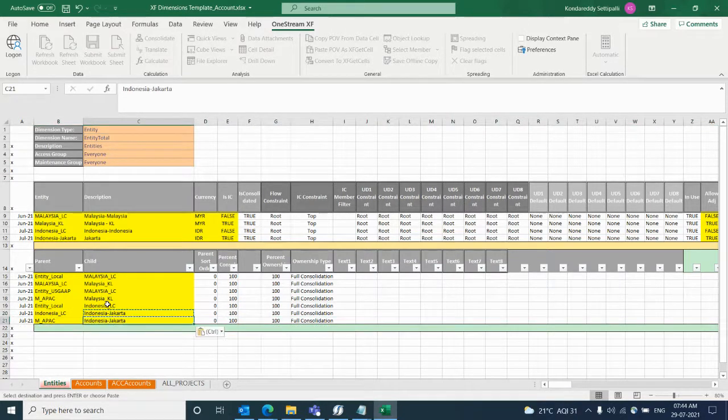But for the Indonesia Jakarta member, it should be under US GAAP also, right? Under M underscore APAC. I'm just creating it under M underscore APAC also. So for Jakarta, you will see two parents. One is underscore LC, and the other is underscore APAC. Okay, so this is your primary, and this is your alternative, I mean shared member. This M Jakarta is a shared member under the M underscore APAC hierarchy also now. Clear? Any questions in this?